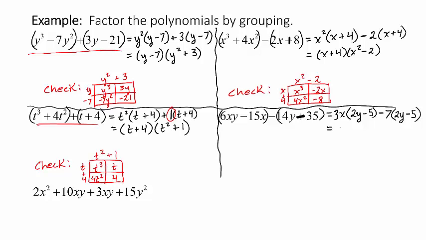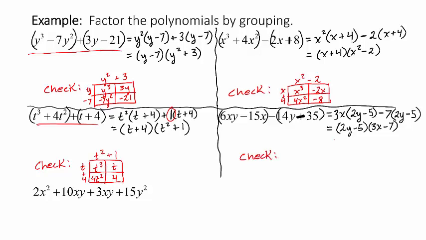what's common to both of those terms? Well, 2y minus 5, right? So I'm going to pull out 2y minus 5 from both of these terms, and I have 3x minus 7 that remains. Okay, so to check this,